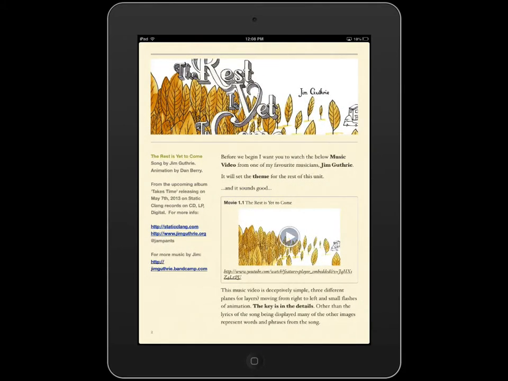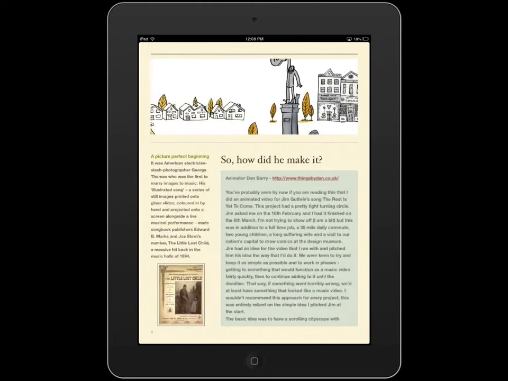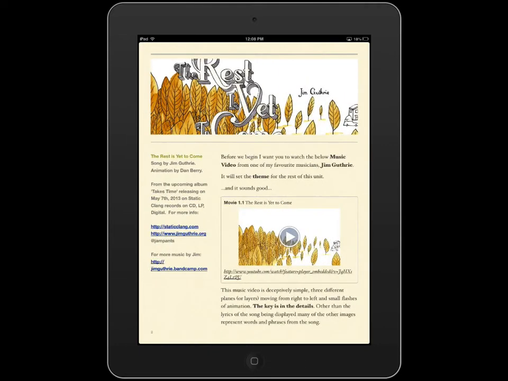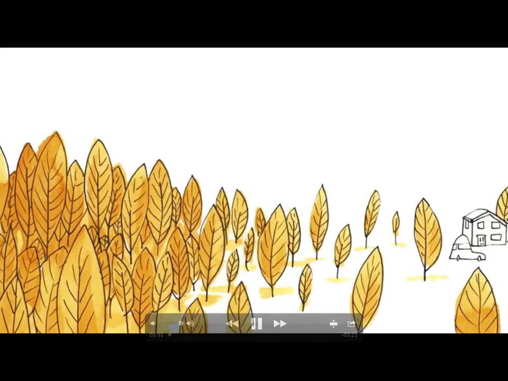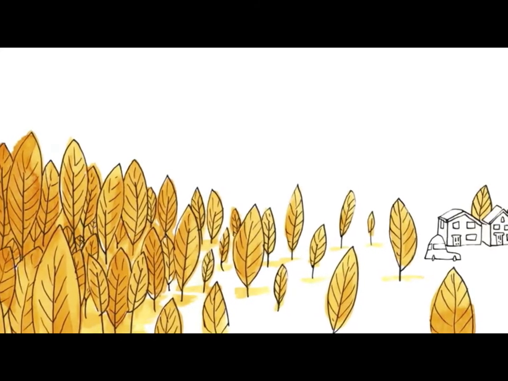So, before I start talking about what we're looking at doing and what we're going to do here, obviously you can see I've set this whole book up with this similar imagery, alright? Now before I talk about it, I think the best thing to do would be to show you this clip. Because this is going to be the theme, okay, for this entire unit. It's not what we're doing. Just watch it. And we'll talk about it in a second.